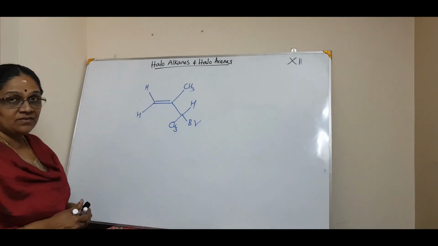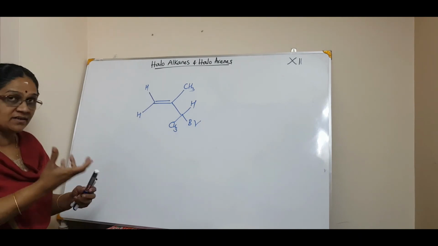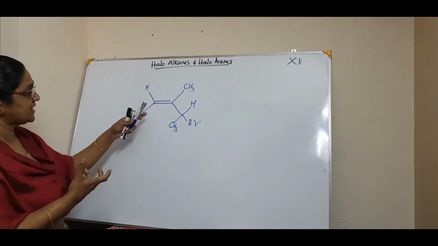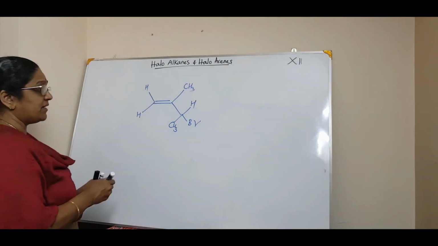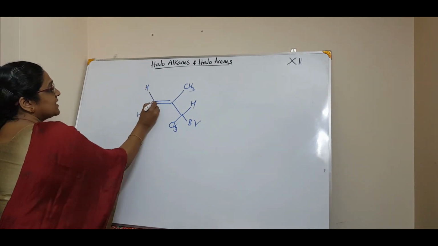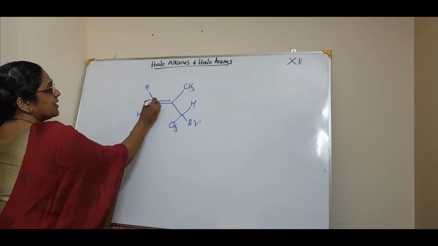As I said, first you know the junction because you are beginners for this. Otherwise, if you are an expert, you don't need to have all these steps. Straight away you can write. But now here this is a carbon atom. There is no carbon atom here, so it will be a carbon atom.